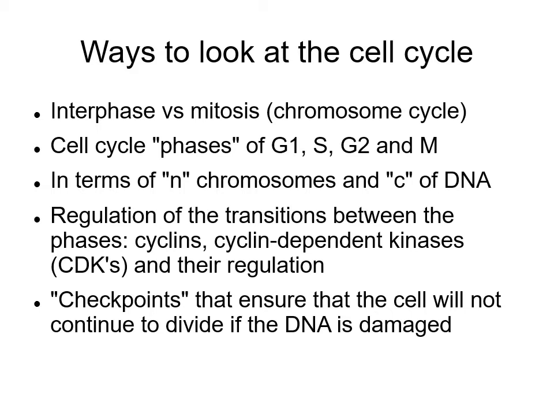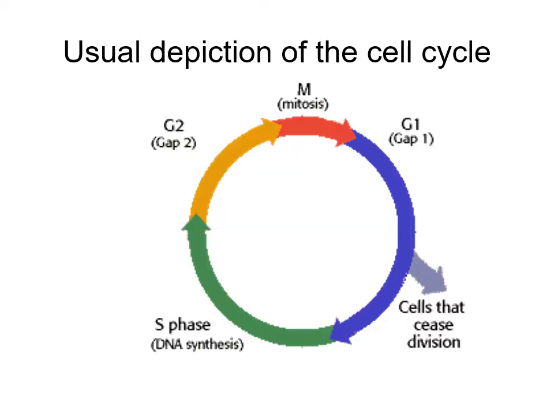Okay, cell cycle, interphase versus mitosis. The cell cycle has phases G1, S, G2, and M. And we're going to think about that in terms of N chromosomes and C of DNA. So here's our usual depiction of a cell cycle, where we start with G1, which is the growth period, also called gap 1, where the cells are increasing in size, and they are making more proteins, but they're not doing DNA synthesis. There's also a cell cycle stage called G0, where cells that are exiting the cell cycle are ceasing